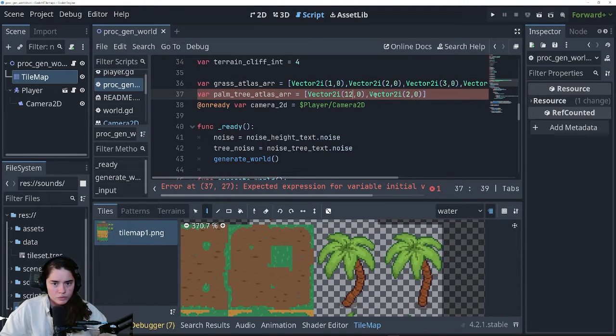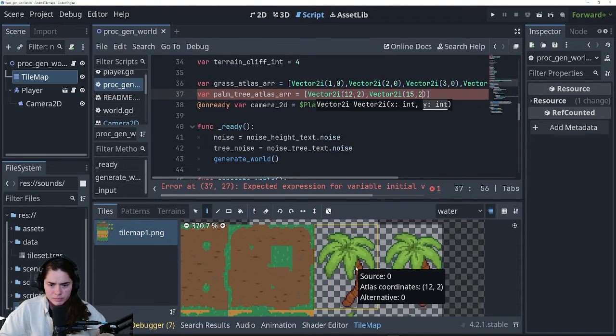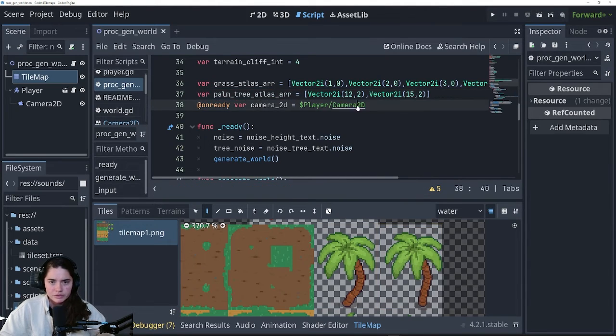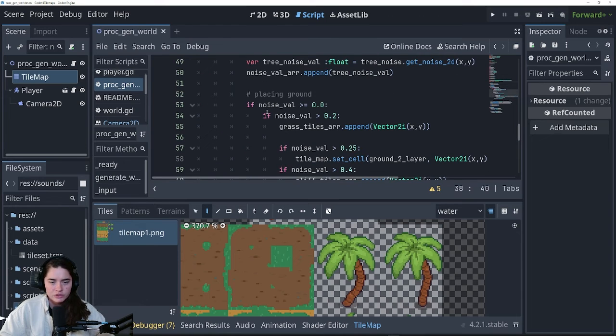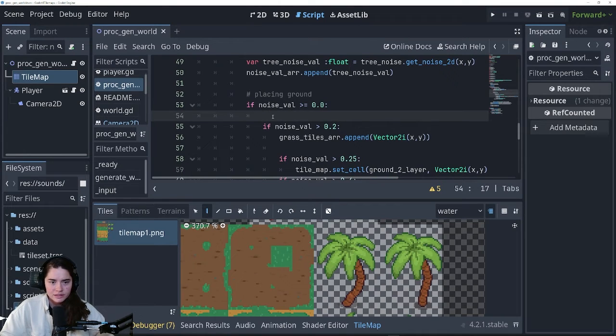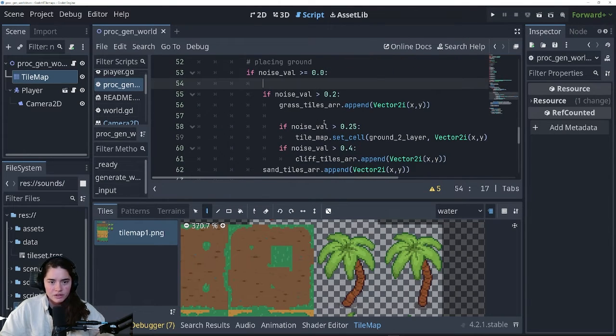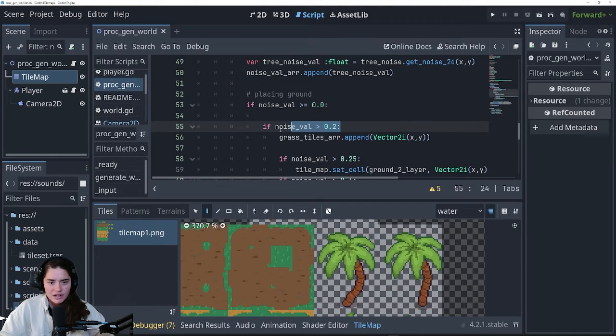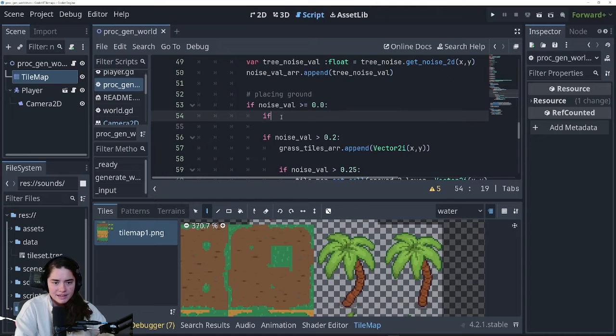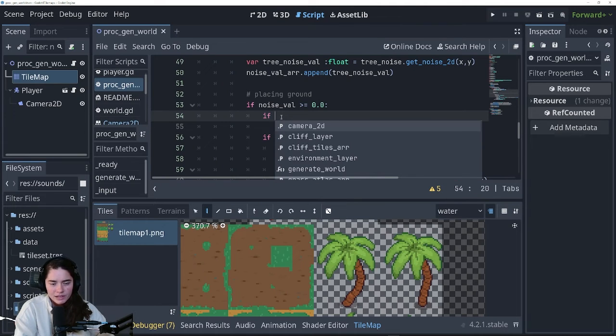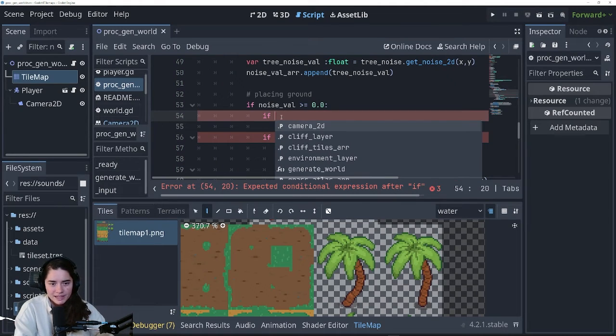So this is 12.2 and 15.2. Let me just double check. 12.2 and 15.2, perfect. And so we want to place it in between the sand. So this is the ground. So in here, there should be sand, and also not here. So we're gonna say if, I also don't want to place it right on the edge of the sand, so I'm gonna say if our noise value